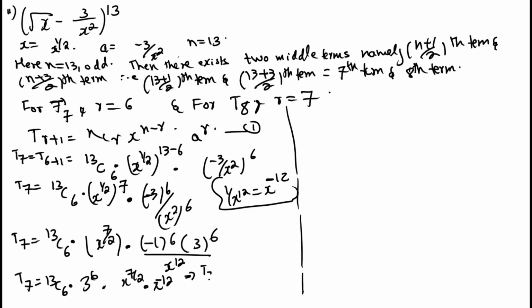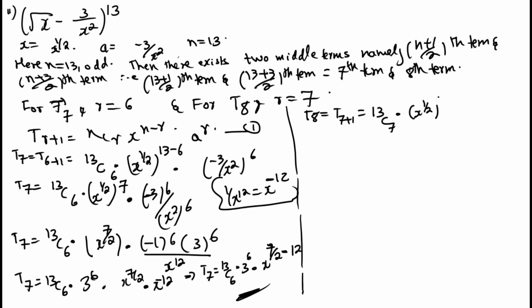In the next step, simplify. This implies T7 equal to 13C6 into 3 to the power 6 into x to the power 7 by 2 minus 12. Okay, a to the power m into a to the power n formula. In the next step, simplify this one, take LCM, and you get the answer. Similarly, for T8, NCR is equal to T7 plus 1. Then NCR formula 13C7 into x to the power 1 by 2 to the power 13 minus 7 into a